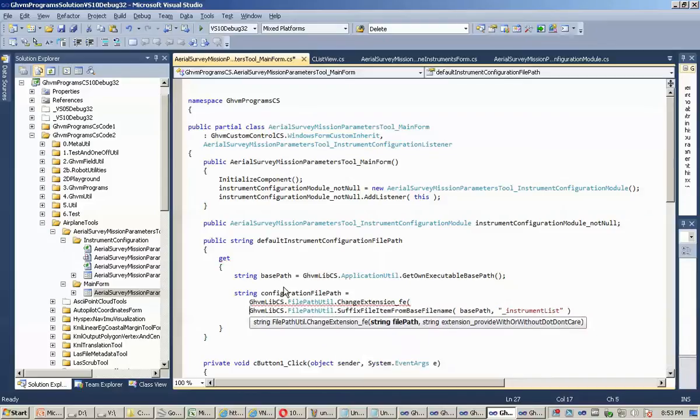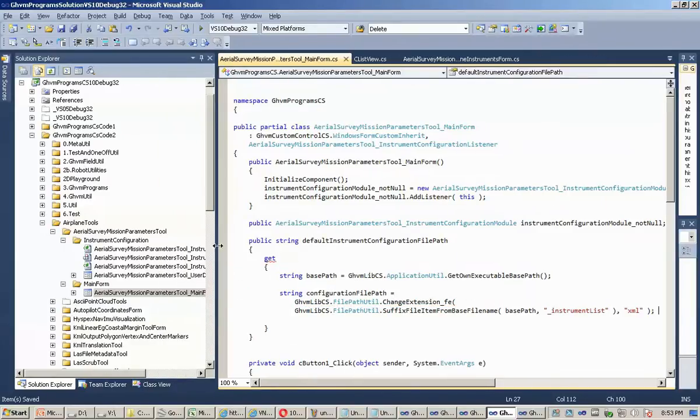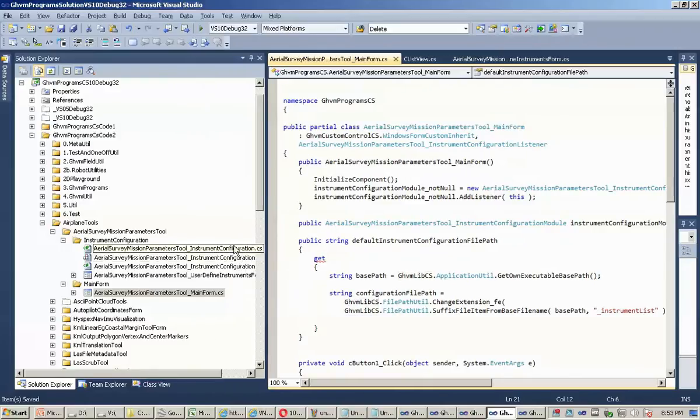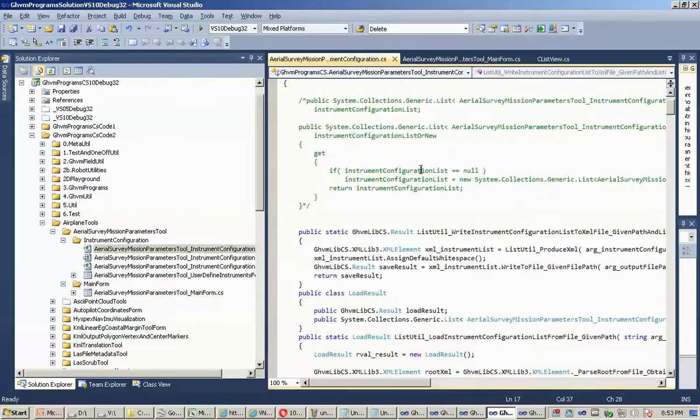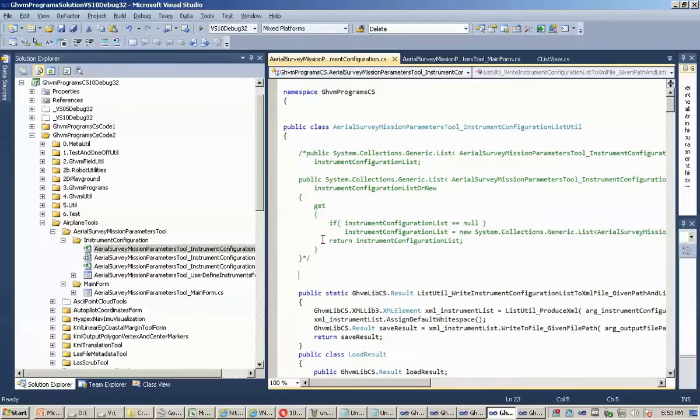to XML. But I suppose I've used this XML extension in a few places now, that I should really put it in a central location, so that if the extension were ever changed, it could be done centrally. So here in a file that sort of represents our instrument configuration list or file, therefore I'm going to have